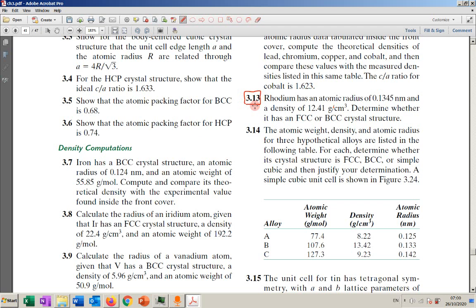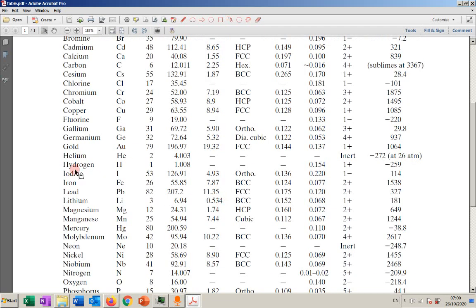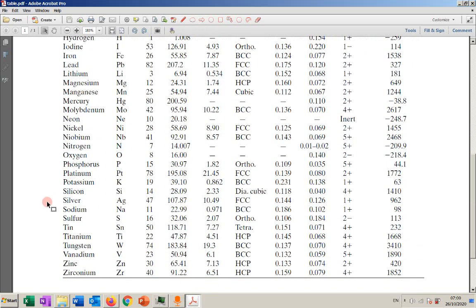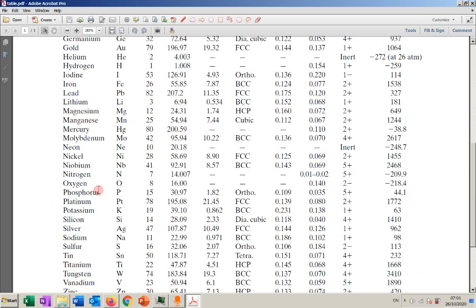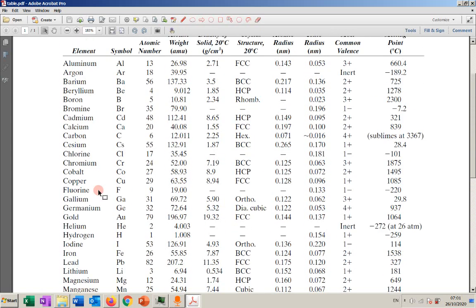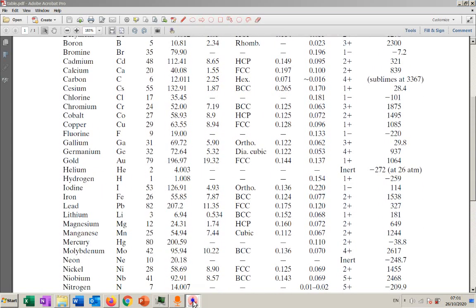Now this example, we have the element. We want to calculate the crystal structure. So by having the elements, what do we know? We know the radius, we know the density, and we know the atomic weight, which is not given here. We will find it on internet. I think it's not in the table as well. We don't have rhodium within the table, so we're going to bring it